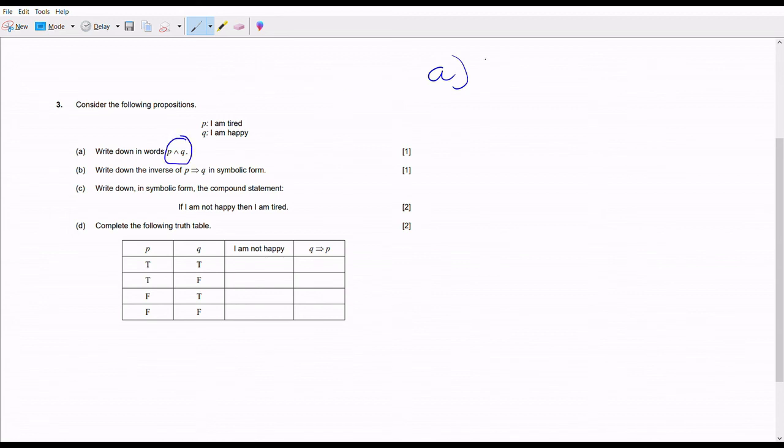Now what I suggest is that we already know what P and Q are, right? But maybe we're having trouble defining what this symbol is. I already went a little bit more in depth on it in my first video on logic, but what I suggest is that first you fill in the symbols and then you fill in the letters. So this symbol right here is actually P and Q. And now that we have no symbols left and only letters, we plug in the letters and we end up with I am tired